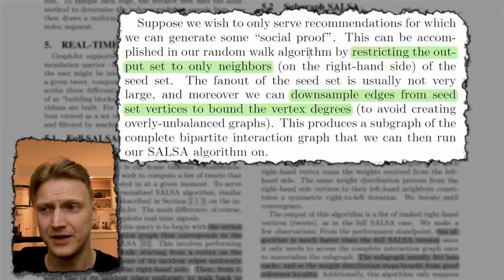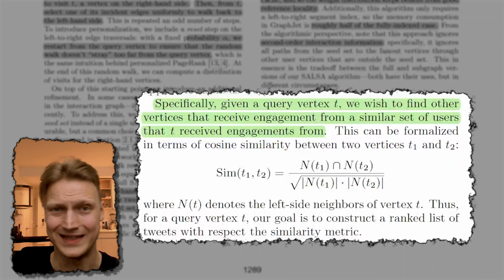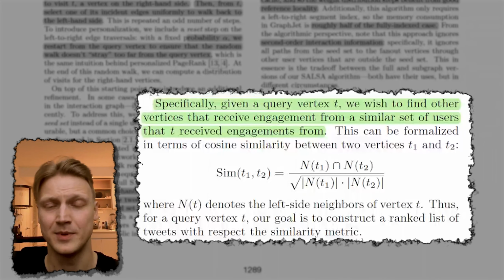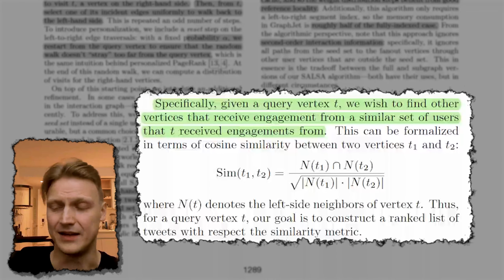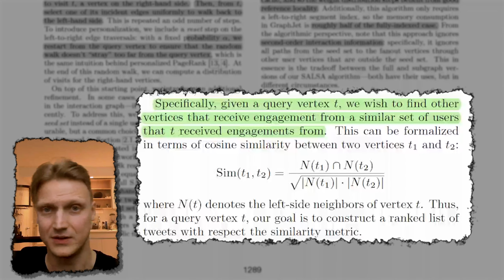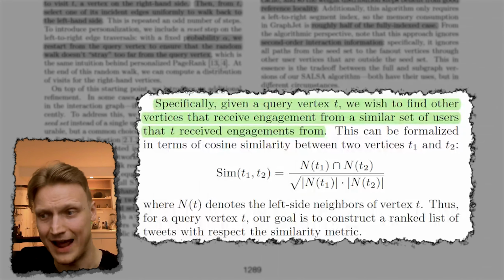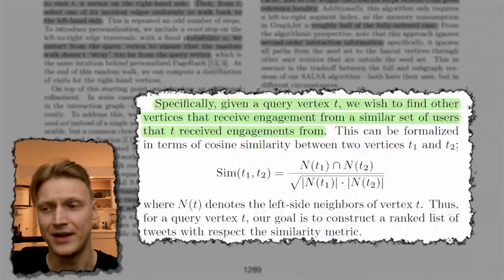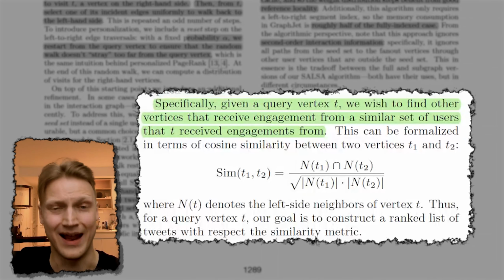Lastly, the similarity algorithm I find the most fascinating because it can tell what are the most similar sets of tweets or users based on engagement activity of the other group. And they do that by random walking, similar to the first 2 algorithms, across the graph and calculating cosine similarity between 2 vertices every time, and then comparing them with each other to give them a rank in the output.